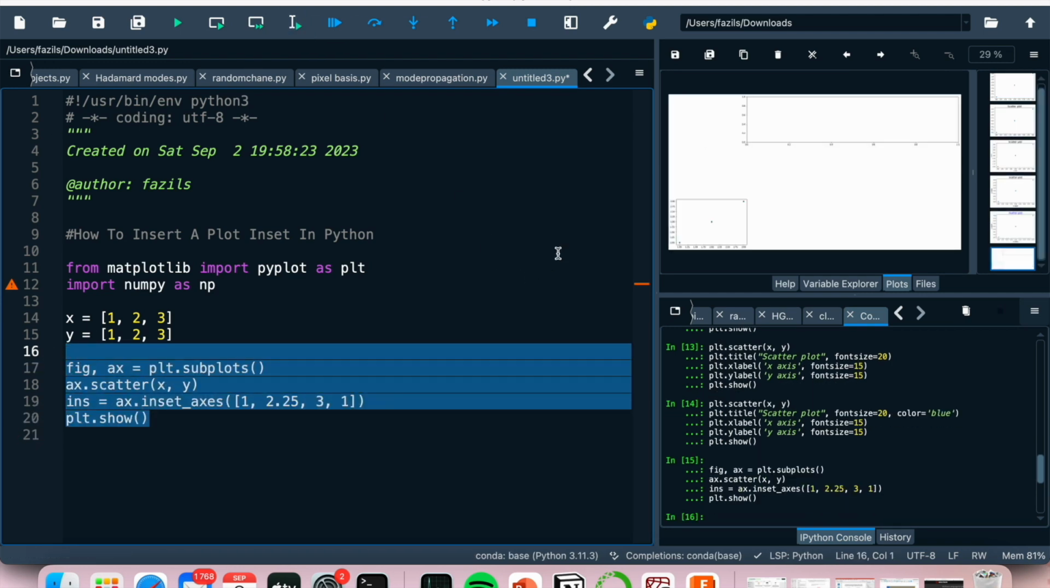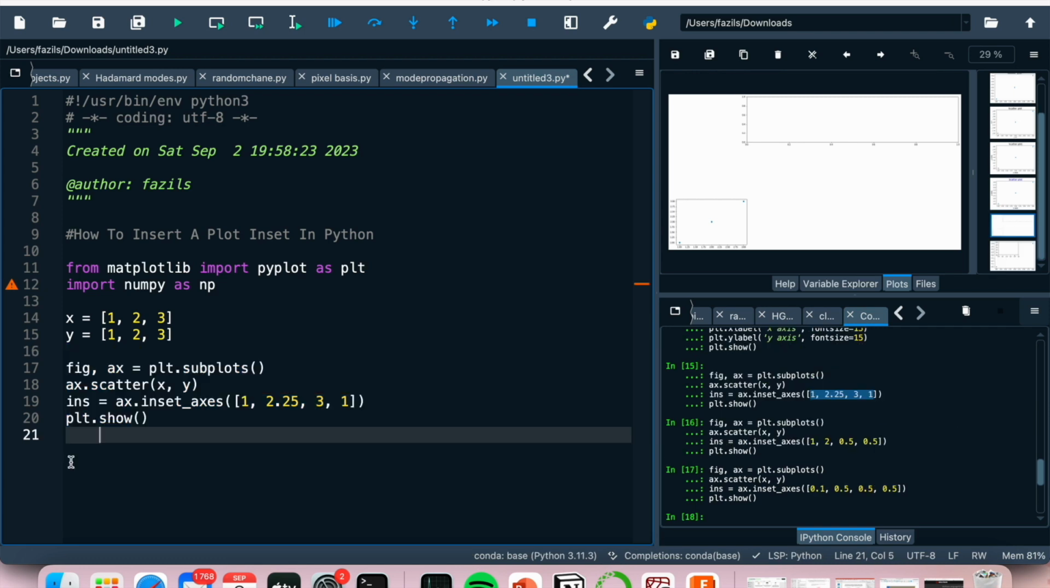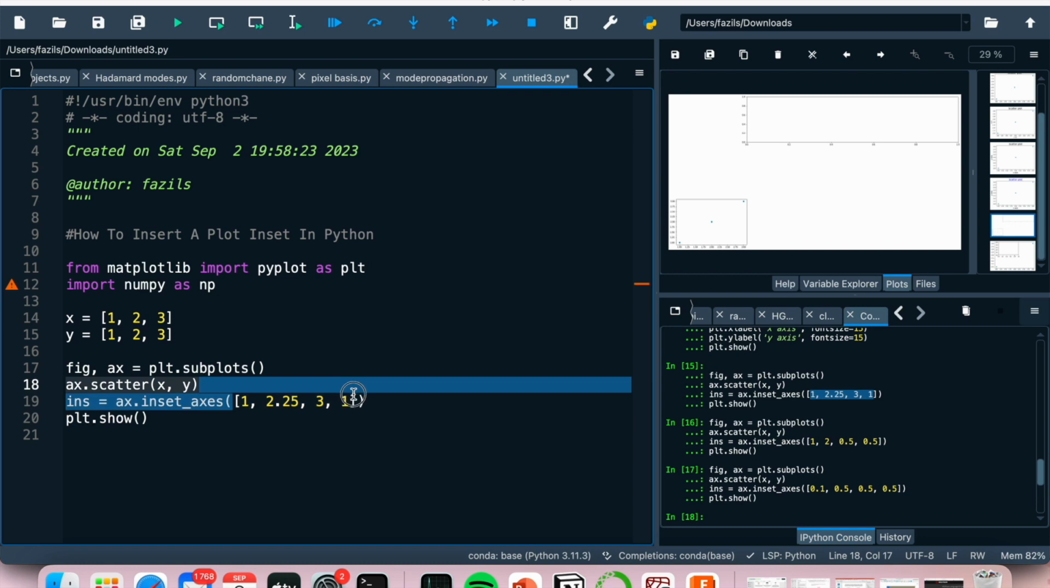If I run that, whew. Okay, so as you can see here, the dimensions that I've given it are beyond my plot axes, so I'm going to have to change it to be a lot smaller. So let's go with 0.1 for x, and actually 0.5 for y, and then let's span it about 0.5 in both directions. So now if I run this,